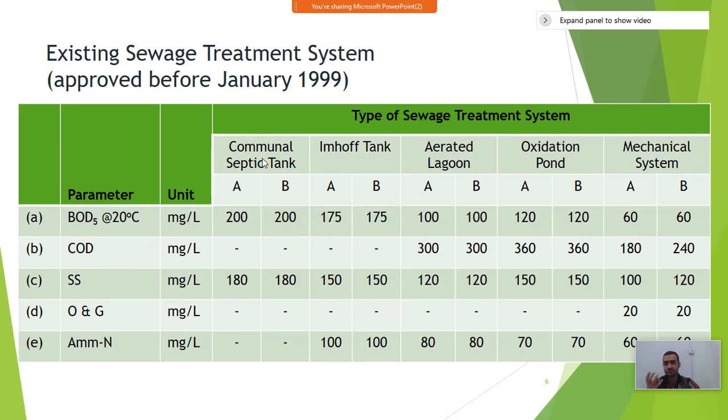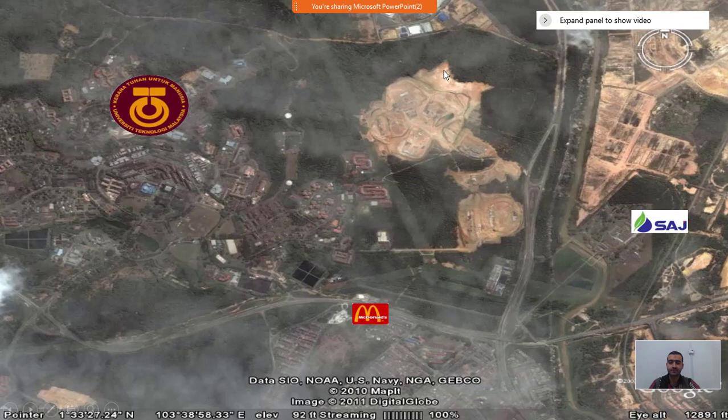we just should know that the standards also put regulations for each unit inside the treatment plant, okay. Now this is an example, and now we will show a real example inside or around UTM that shows the treatment plant and where standard A is discharged and where standard B is discharged.